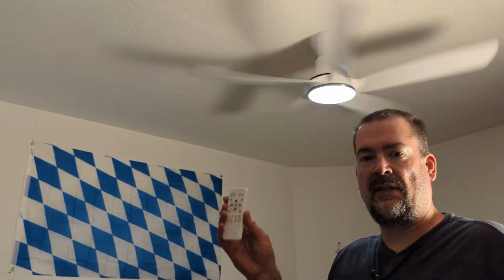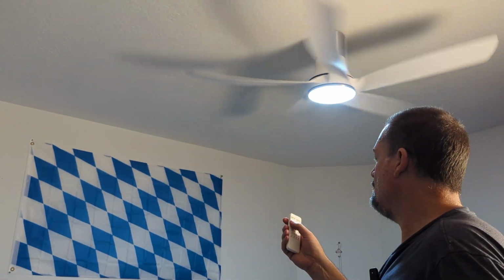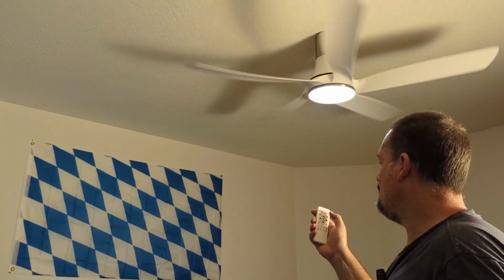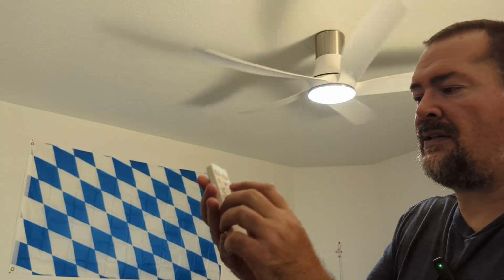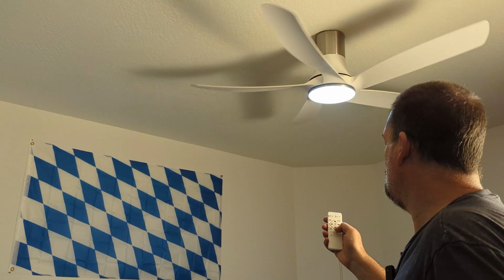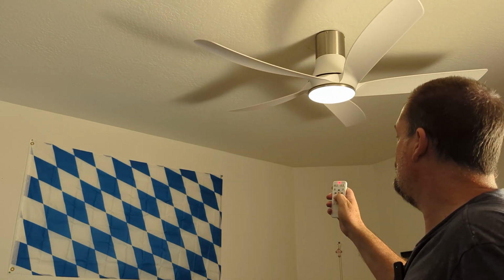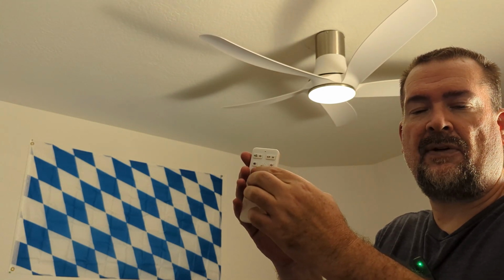And then you got different light modes too. We can do different light modes. You got that one right there, which is full bright. And then you got a night version. You can also adjust it. There's a plus and a minus on here as well. So you can go that way, or you can go minus. So the top and bottom one control how bright it is, and then the left and right one there control